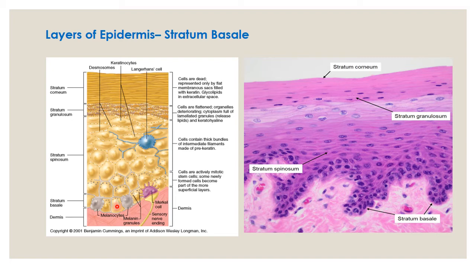as they are the progenitor cells for the epidermal layers. Among these keratinocytes of the stratum basale, other cell types are also present, like melanocytes, which are the melanin producing cells, and the Merkel cells, which are sensory receptors, which we'll discuss later on. Another feature of the stratum basale is the presence of cytoskeletal elements, that is the keratin filaments and intermediate filaments, and the amount of keratin filaments increases as the cells differentiate and move upwards.